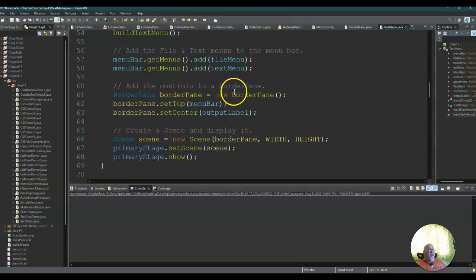I create a border pane. Then I say border pane.set top menu bar, and it's border pane.set center output label. We'll see what those look like here in just a second. Then I create a scene. I put my border pane with the width and height and the constants. I set the scene to the primary stage. I show the stage. So when we run this,